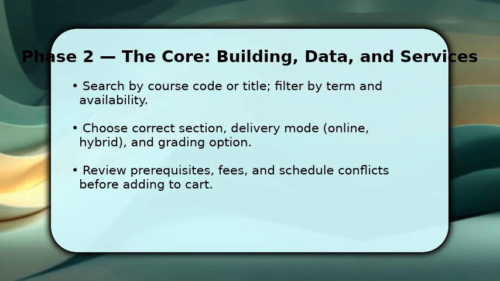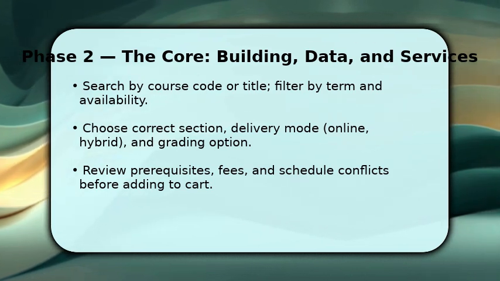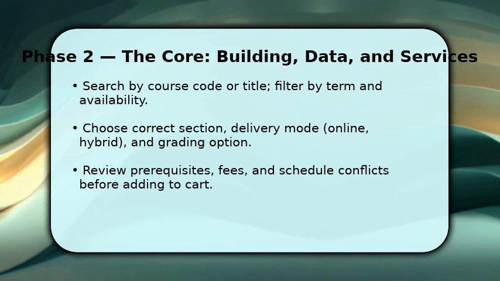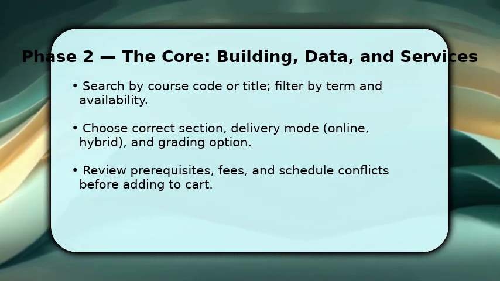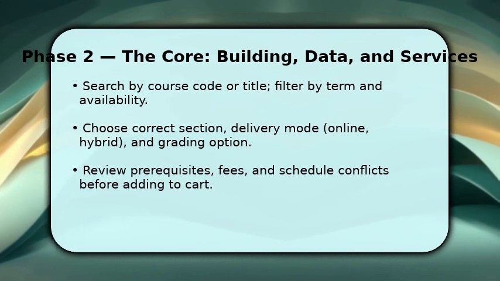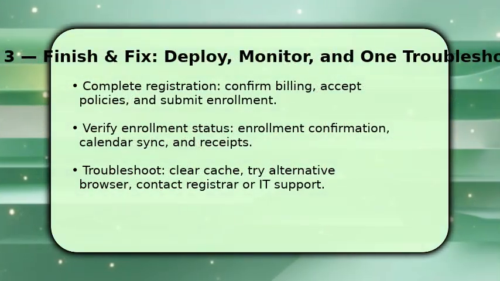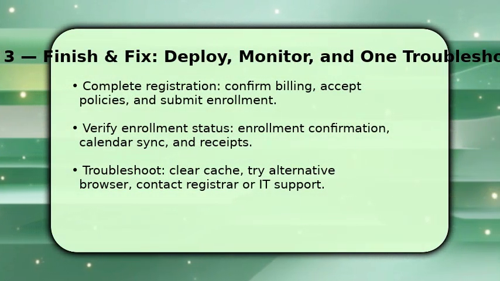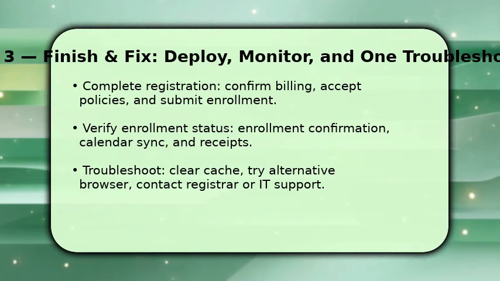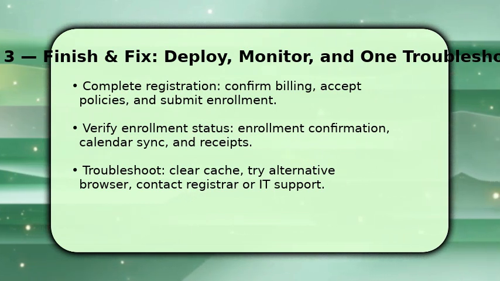After confirming schedule compatibility, add the course to your cart or enrollment list and proceed to the registration step to finalize selection. You finish by confirming billing info, accepting institutional policies, and submitting the enrollment request, then wait for the confirmation screen. Once submitted, verify enrollment status in your dashboard, sync the course to your calendar, and download the receipt